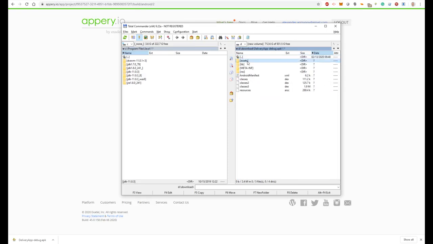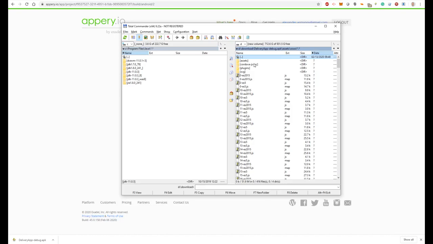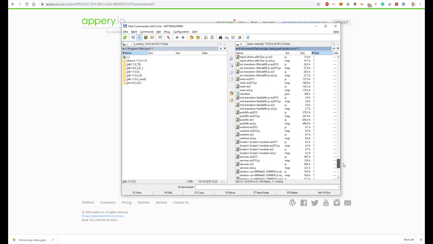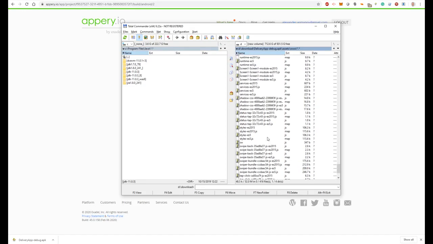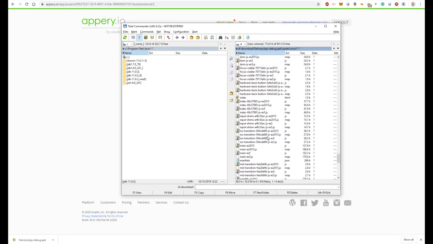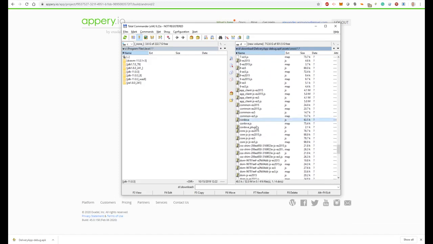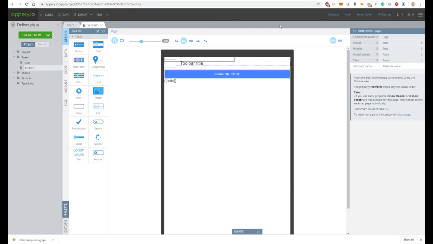Then we have to go into the assets folder, then the www folder, and here there is a plugins folder, and let's sort by name. There are also the cordova.js file and the cordova_plugins.js file. So all of these resources have to be added into our application in the following way. So let's open our application and then let's create